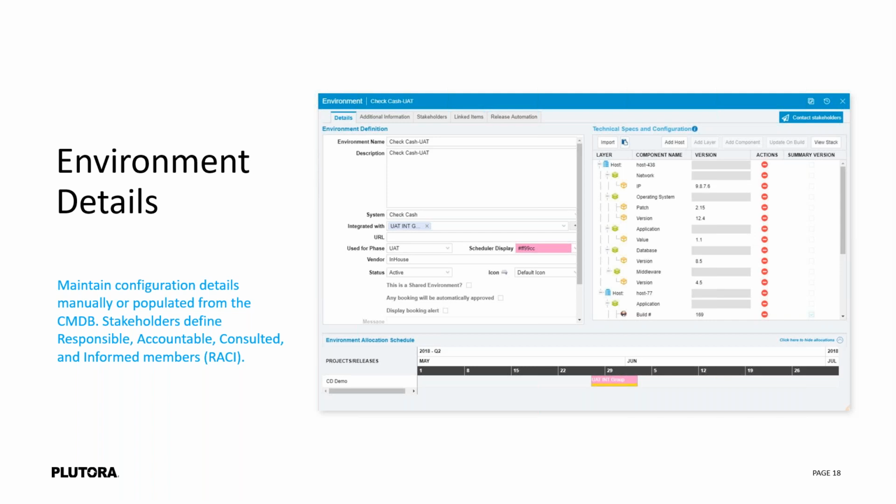Perfect. How did the notifications work off of this? And what is this RACI thing? So around the RACIs, we maintain RACIs throughout the tool. So this is your typical responsible, accountable, consulted, and informed. So this allows you to, at the application as well as the application instance and environment level, actually keep track